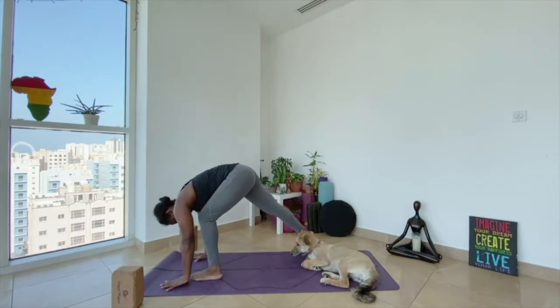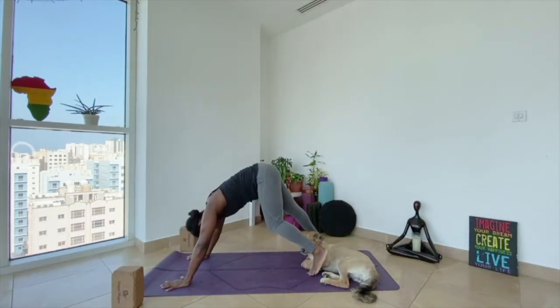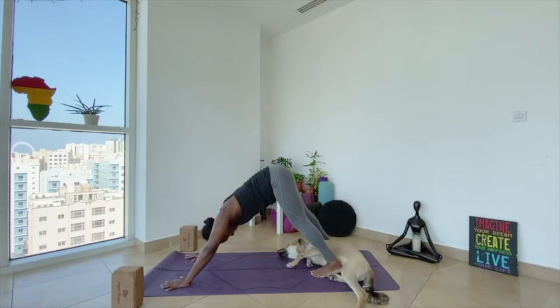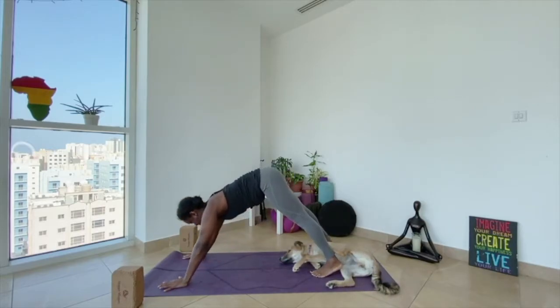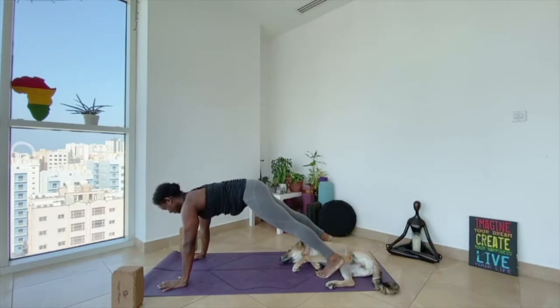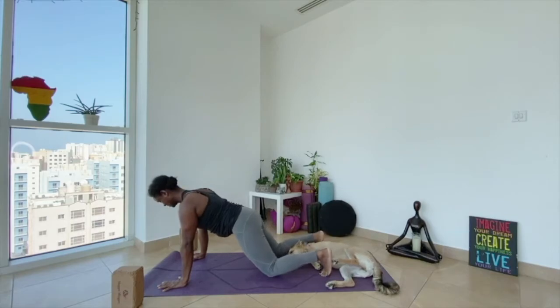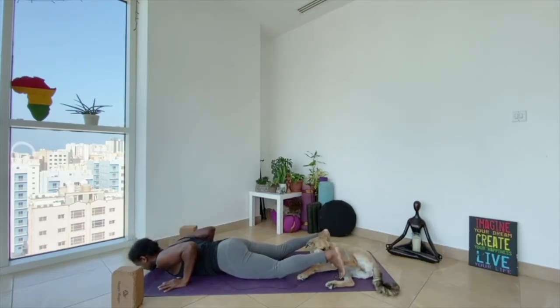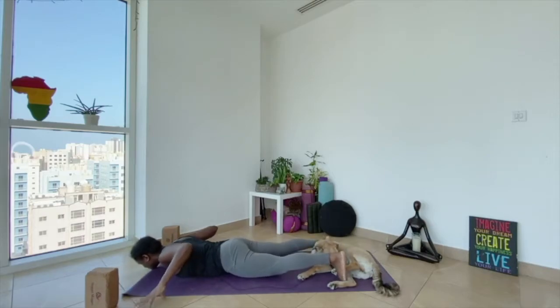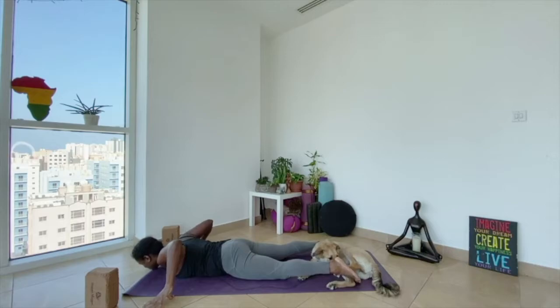Step the feet back into downward facing dog. And then shift it forward into your plank pose here. Good, drop the knees, the chest and the chin, squeeze the elbows in nice and tight, slowly lowering the chest down. Take the hands off the sides of the mat, press the tops of the thighs and the feet down,